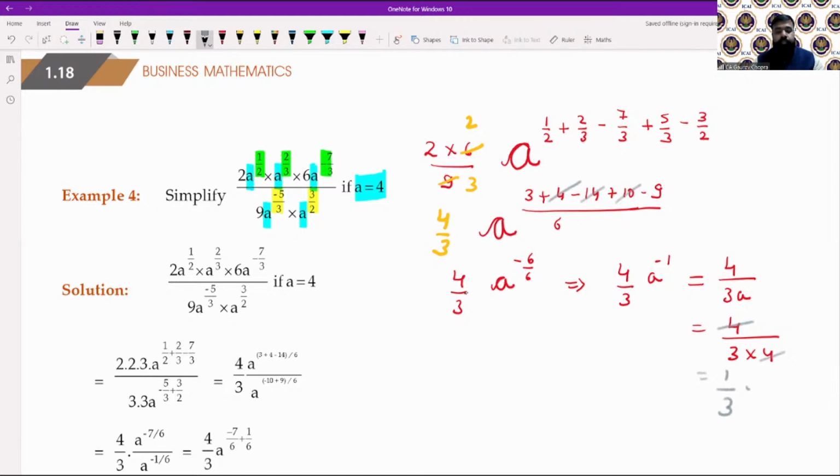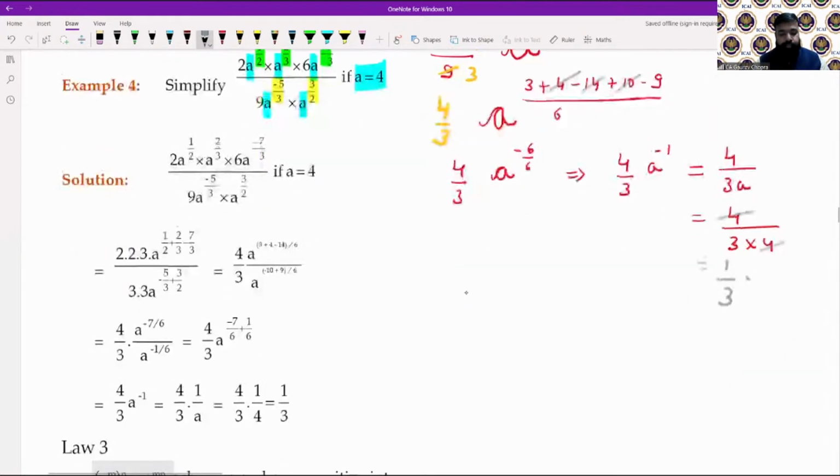Okay, everybody. I think now you can understand easily. So we have to just play with the powers in the whole chapter. And the only thing we have to take care of is the sign, whether it will change or not, whether it will be added or subtracted. We have to focus on the simple thing.